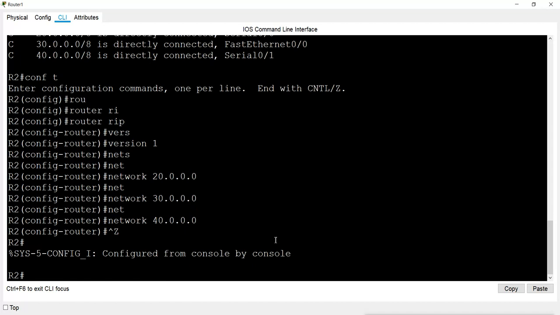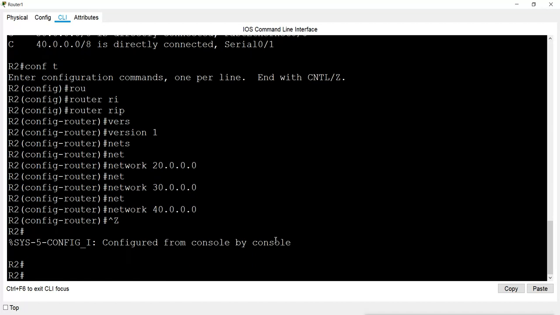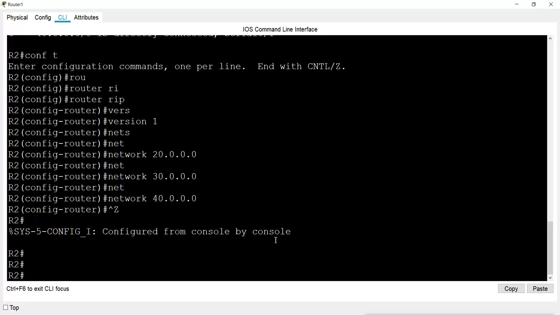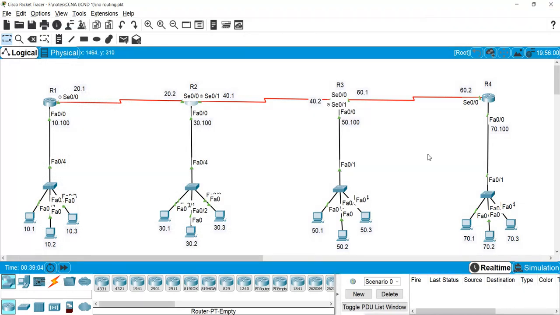That is the only configuration we have for a dynamic routing protocol. Now I will do configuration for other routers. So now I am going for